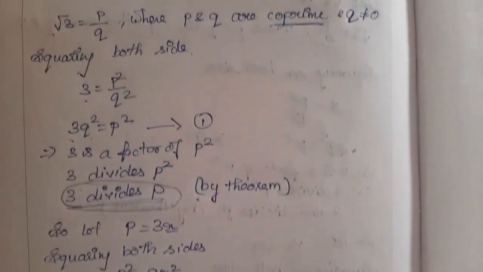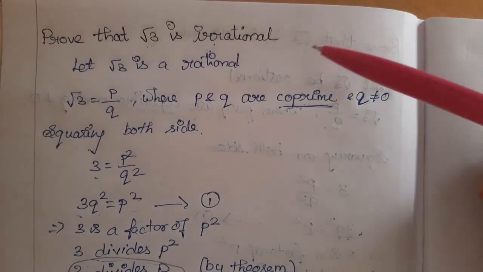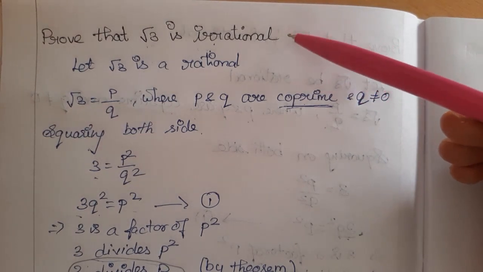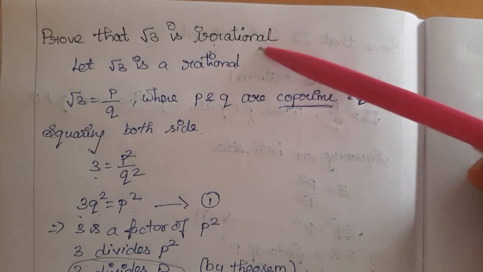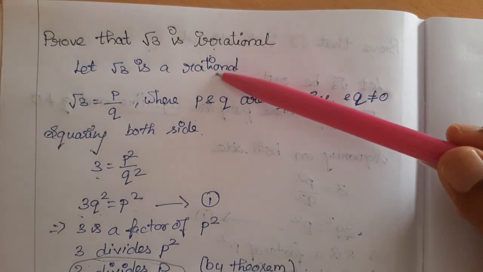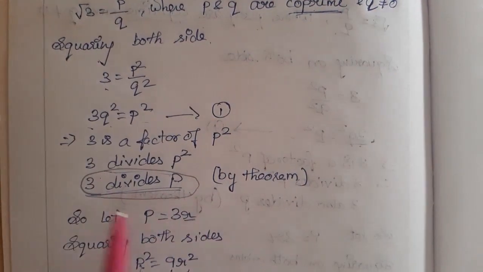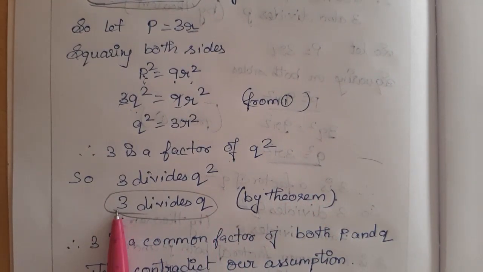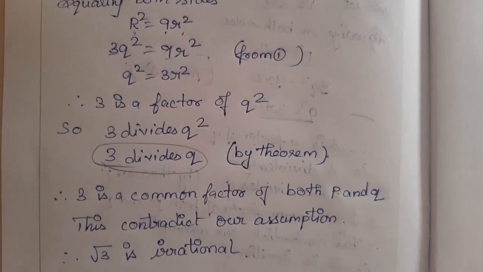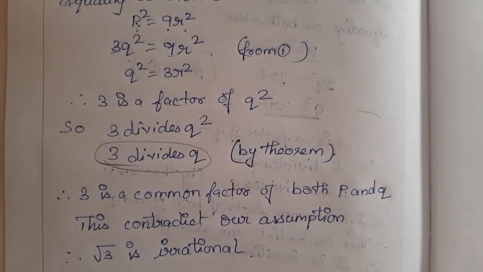So once again we will recall, prove that square root of 3 is irrational. We are going to prove it with the contradiction method. The contradiction method says just think the assumption given is false. I mean just writing irrational is false. Irrational is false means the number should be rational, right? Then it should satisfy the condition p and q are co-prime, q not equal to 0. By squaring on both sides, we obtain p has 3 as a common factor and q has 3 as a common factor. So both have a common factor other than 1. That means it's not co-prime. So this contradicts our assumption and root 3 is irrational.